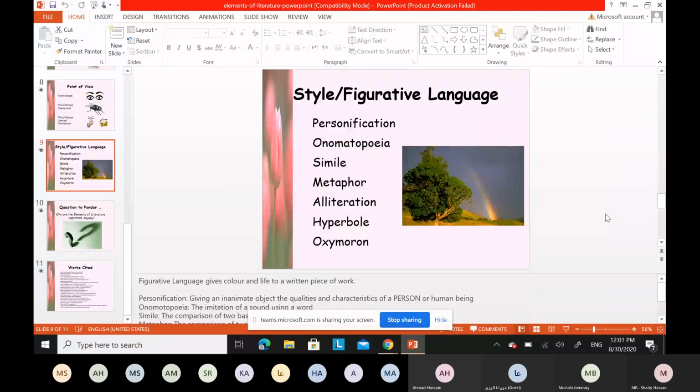Okay? Onomatopoeia, well, onomatopoeia is what? Well, the mimic actually of the sound of the word. When I'm saying buzz, brr,